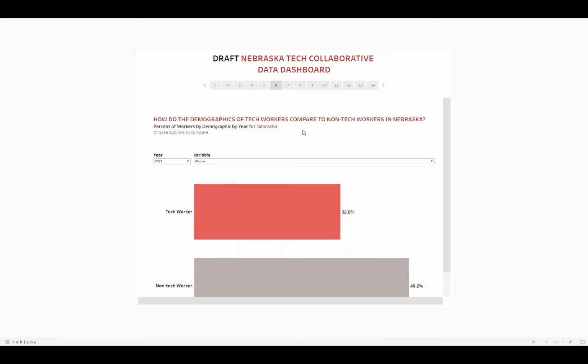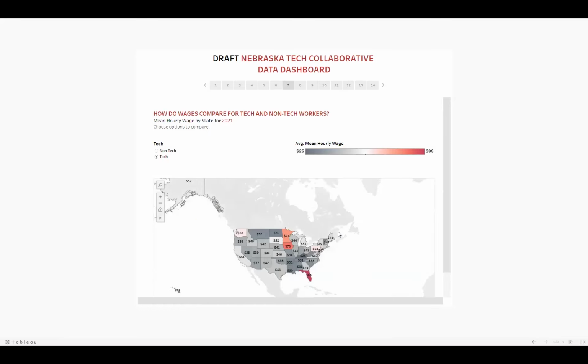And then just seeing the demographics, this is also very important to us as the NTC is wanting to impact and increase the number of women in technical roles and also the people of color that are in tech. So we have some data on this to help people see the difference and the gap. So again, that we are focusing our efforts on the right things.